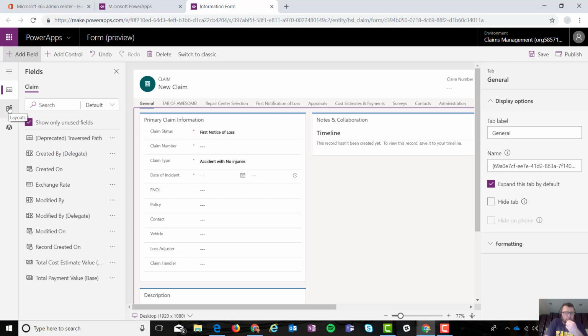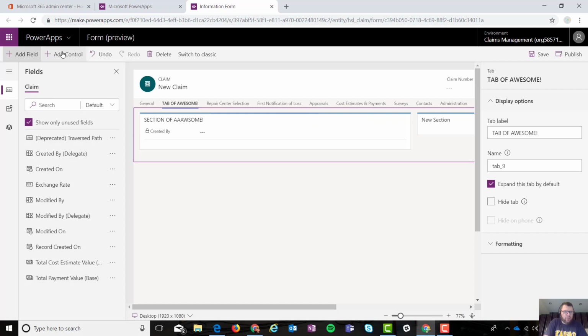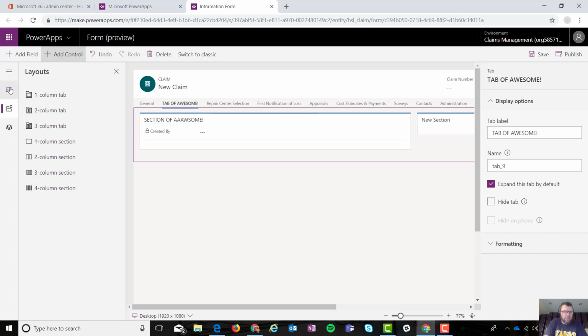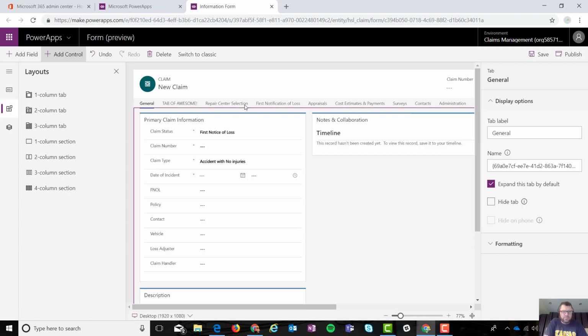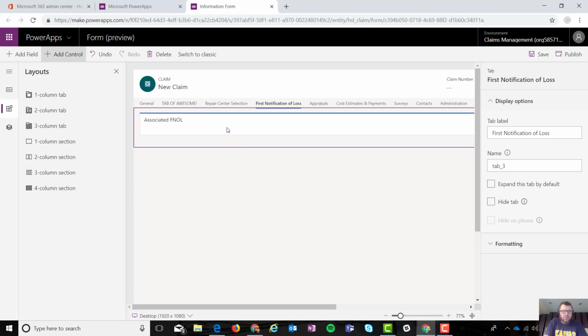My immediate requirement would probably be to add a subgrid. So I thought it would be under add controls. It doesn't seem to be there. But what I do know is that there are a bunch of subgrids on this form. So my repairs. Let's go to first notification of loss. Now I do know that on this section there is a subgrid,